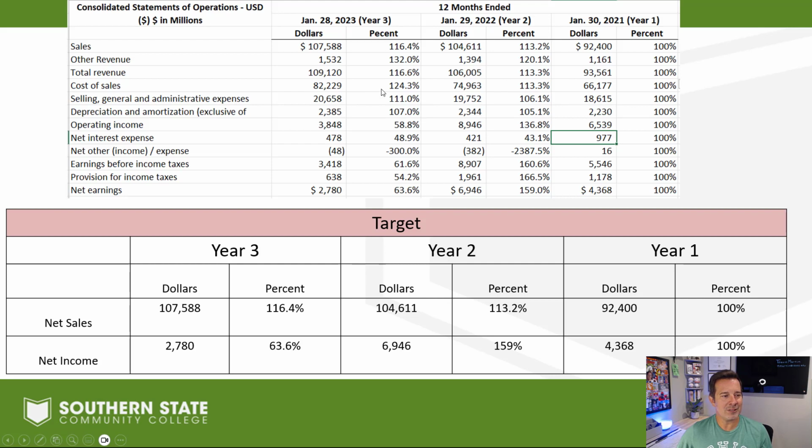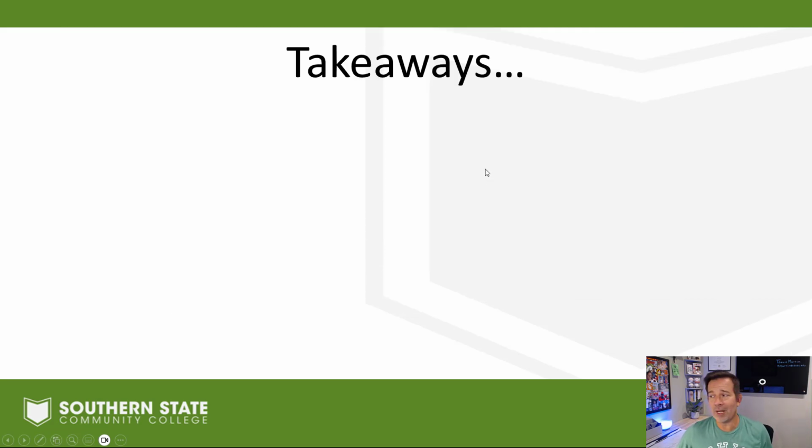Look at cost of goods sold. We went from our base year to year 3, 124.3% of that base year. So a 24.3% increase in cost of goods sold. Sales only went up 16.4%. Wow. So a huge increase in cost of goods sold. So our takeaway here,